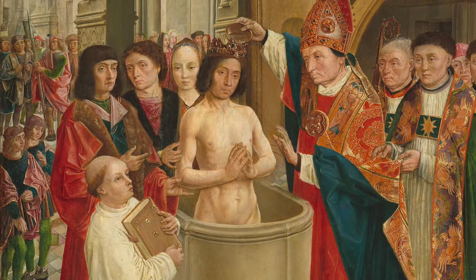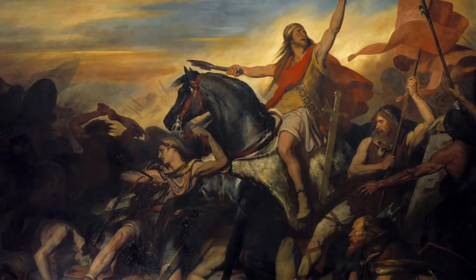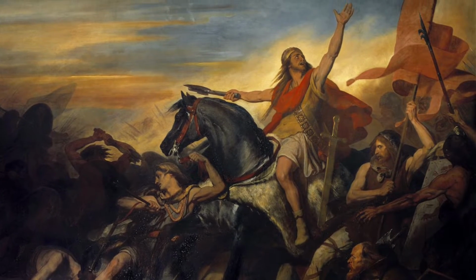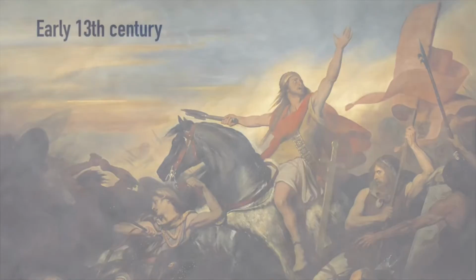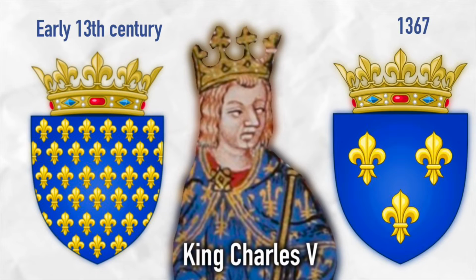But since Clovis lived in the 5th and 6th centuries, 400 to 500 years prior to the rise of European heraldic traditions, it's highly unlikely that he had a coat of arms back then. So the first historical coat of arms we can travel to is in the year 1211. The historical coat of arms of France that we all know and love were the golden fleur-de-lis on a blue field. They were first shown without any definite number, and it wasn't until 1376 that they were reduced to 3